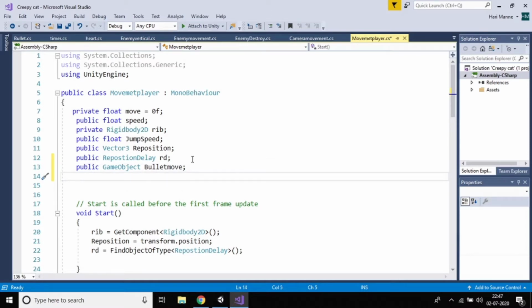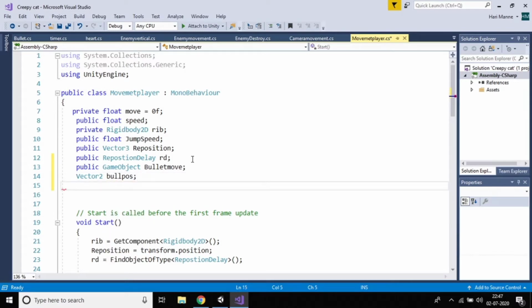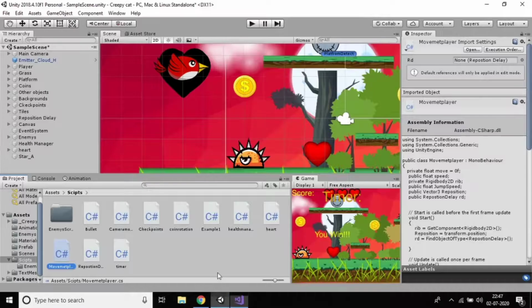And you should give two things: we need to take the position of the bullet, so Vector2 bullet position, and also we need to take the fire rate, how much speed should be there. So if I press the alt button, my bullet should come continuously.